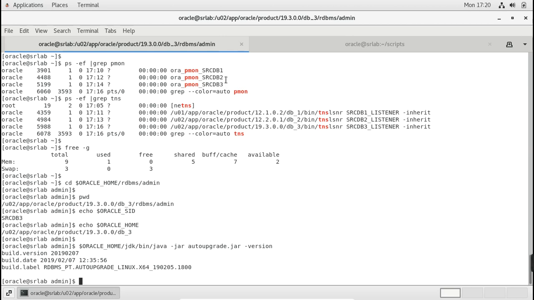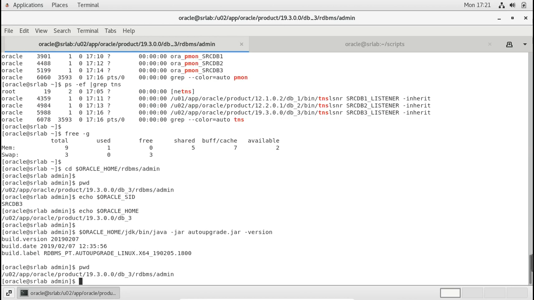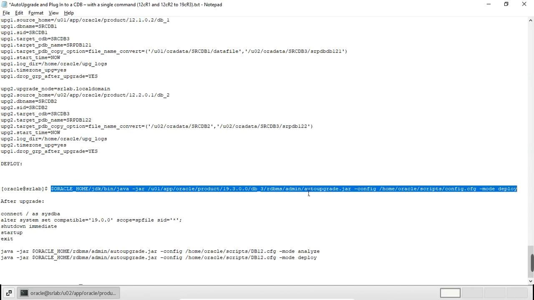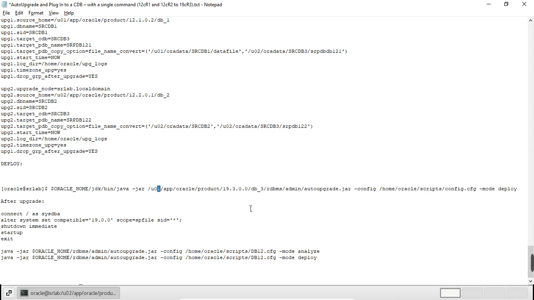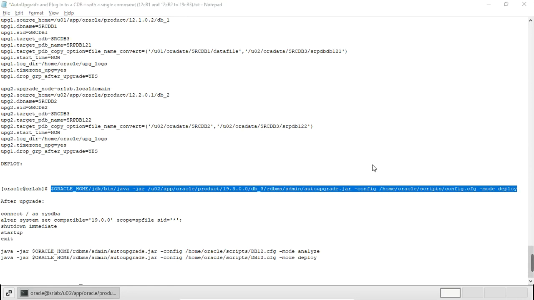Initially, this auto upgrade utility will upgrade these databases to 19c, and then they are plugged into the 19c container. So this is what the auto upgrade utility is going to do. Okay, I'm going to execute now. I'm going to go with the deploy mode.